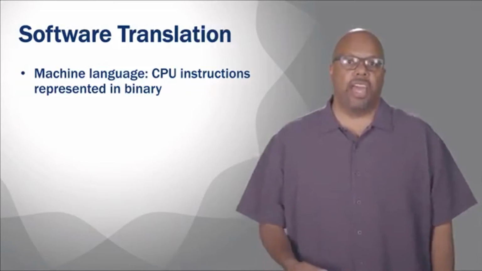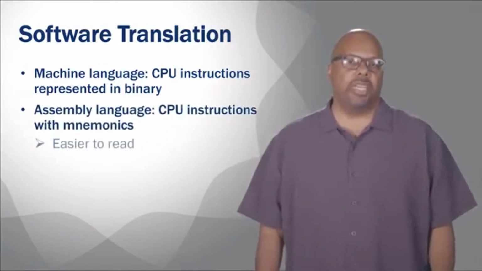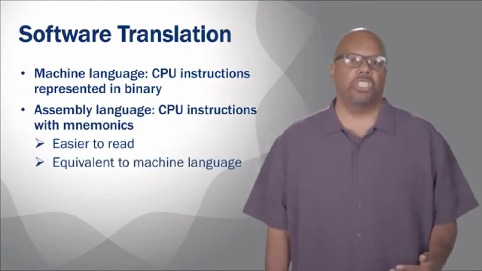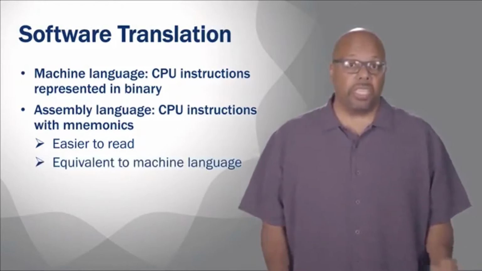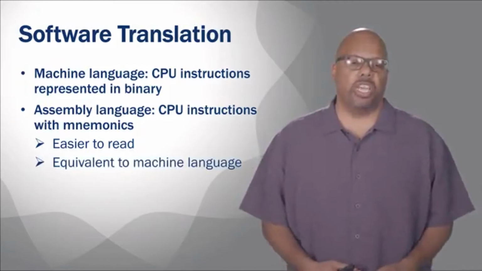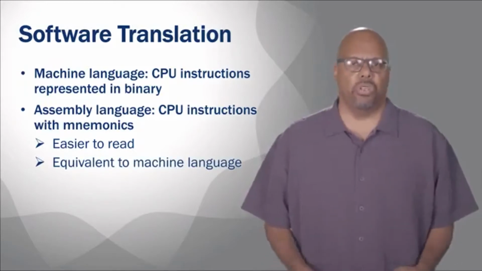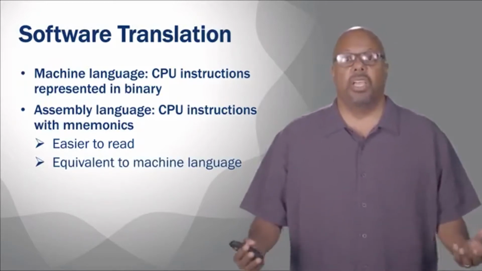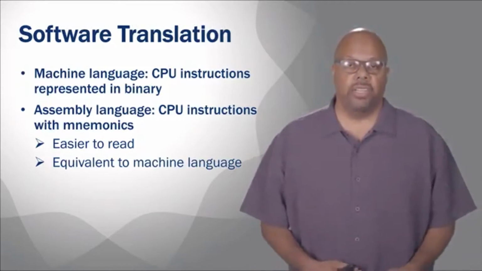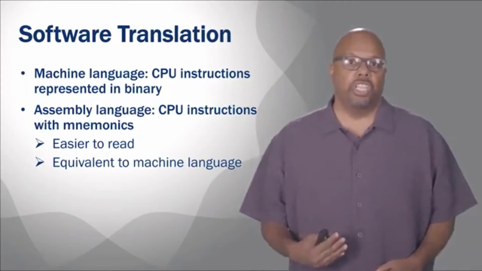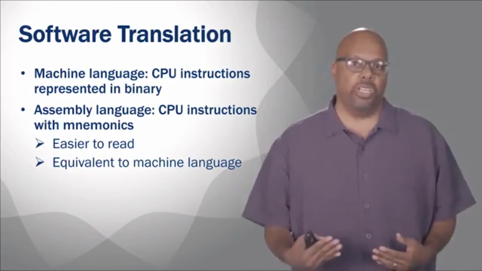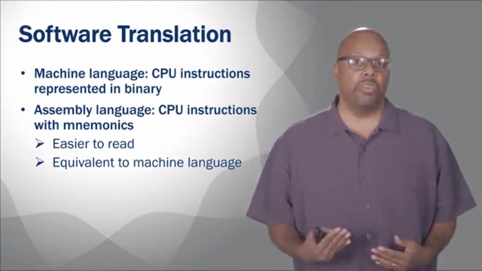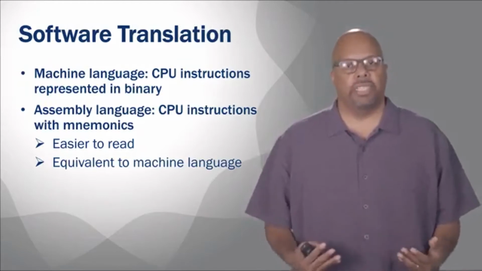Then there's assembly language, which is basically machine language, almost a one-to-one mapping. In machine language, say you had an add instruction, that might be represented as a sequence of zeros and ones, 1, 1, 1, 1, 0, 0, 0, 0. That might be the opcode for an add. In assembly language, you would use the word ADD. So it maps one-to-one to the machine language equivalent, but you can read it because it's English.